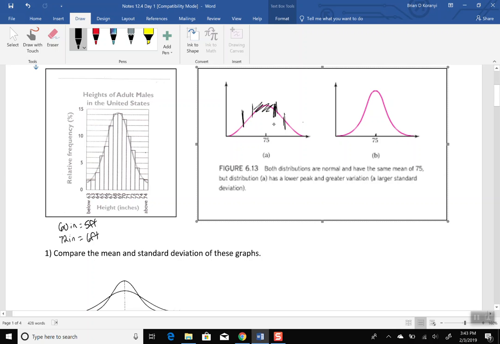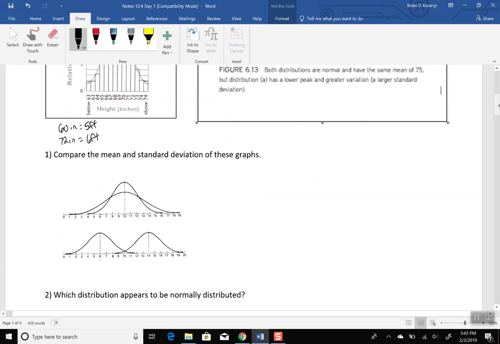If I do two deviations, 95% of all my data would fall within that. And that's a really powerful statement to be able to say, all right, if I know that the average height of people is 68, 69 inches, and maybe the deviation's 1 inch or 2 inches, whatever it is, then I could say, if I go a couple inches this way, a couple inches that way, I know that 68 or 95% of all the adult males would then fall within that range of heights. And you can start using that to predict or to analyze data.